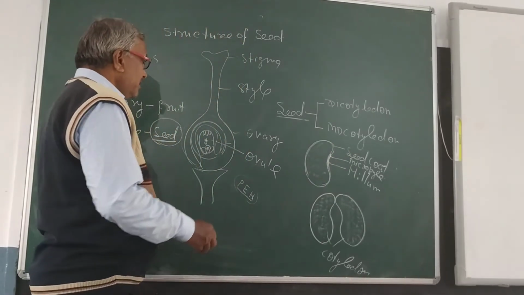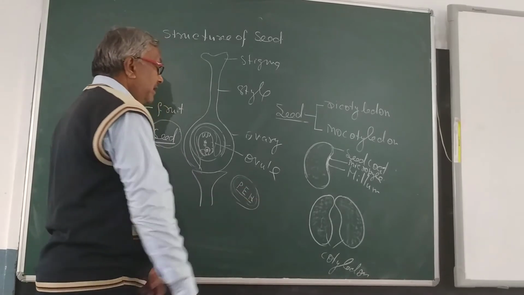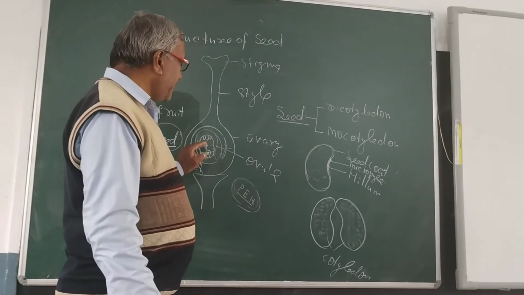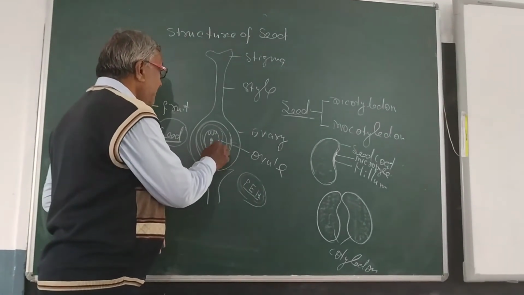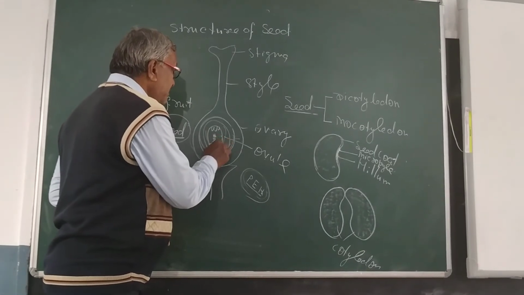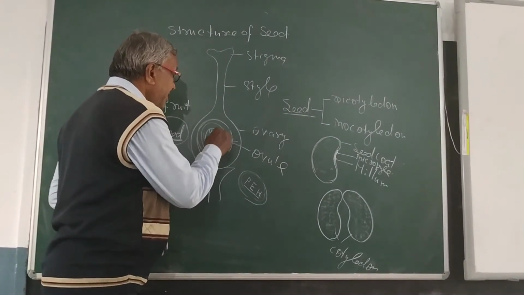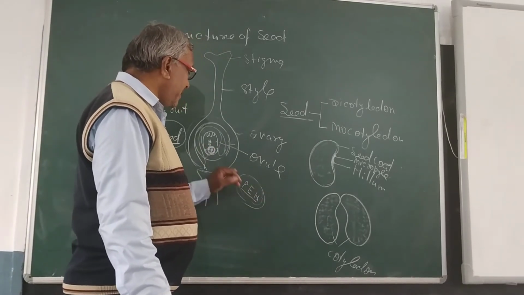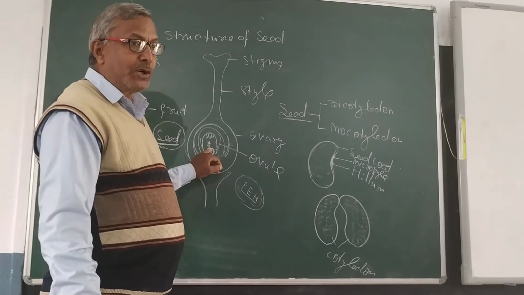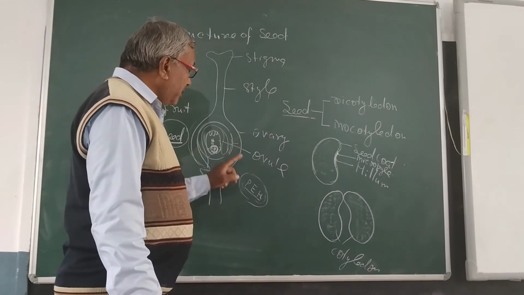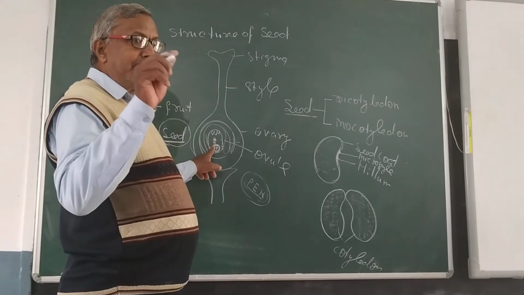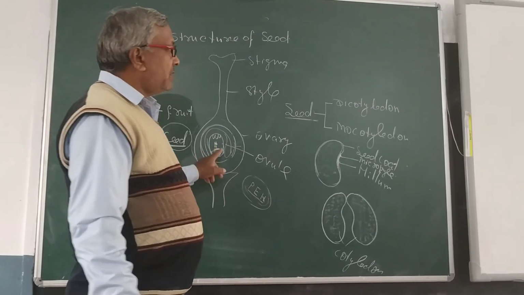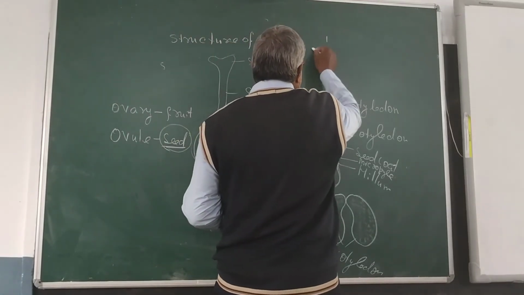Other is this primary endosperm nucleus. It develops into endosperm. Endosperm provides nutrients to the developing embryo. Zygote is going to develop into embryo, and this embryo will get nutrients from the endosperm. So primary endosperm nucleus, that is endosperm, provides the nutrients for the developing embryo. If all the endosperm is used up, then when mature seed is produced, endosperm is not present in it. So that is called non-endospermic seed.